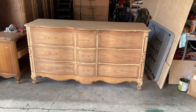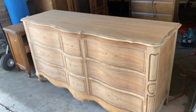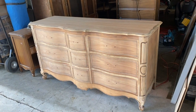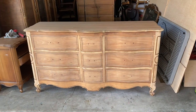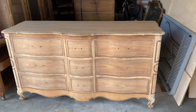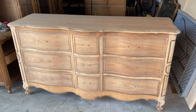This thing has been a pain in the butt, but it looks so good. I'm thinking I don't even want to whitewash it. I think I just want to seal it in a matte. It looks kind of rustic, and it's obviously French provincial, so it's just really feminine and beautiful. So, gosh, I don't know. I think I'm just going to seal it like this. What I'll do now